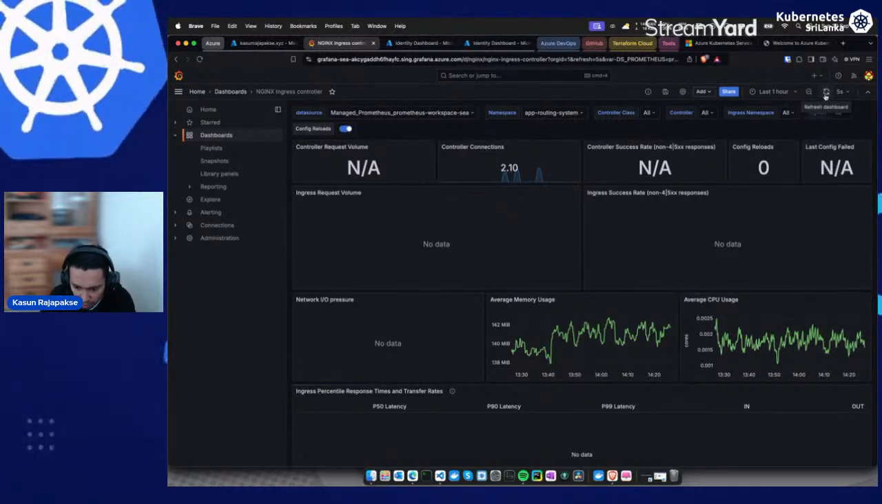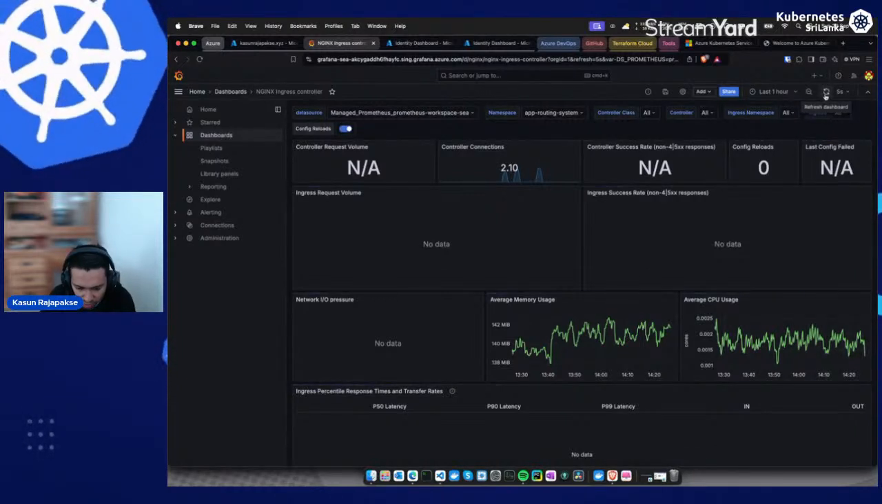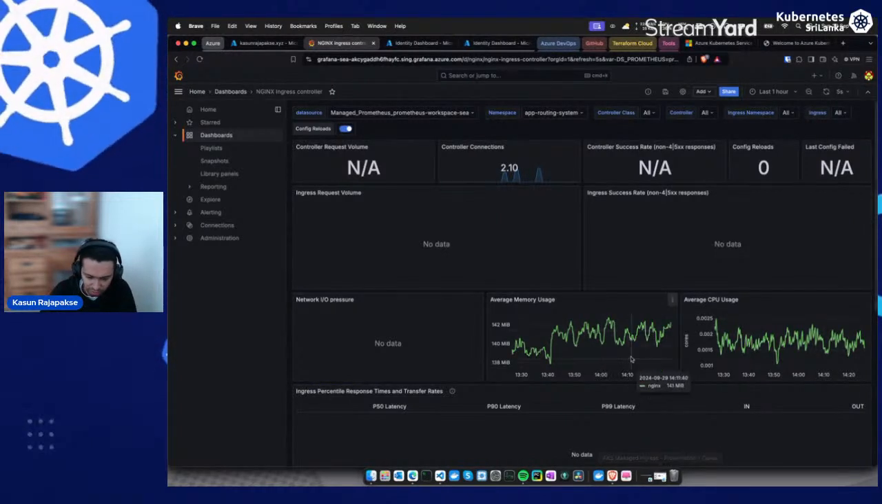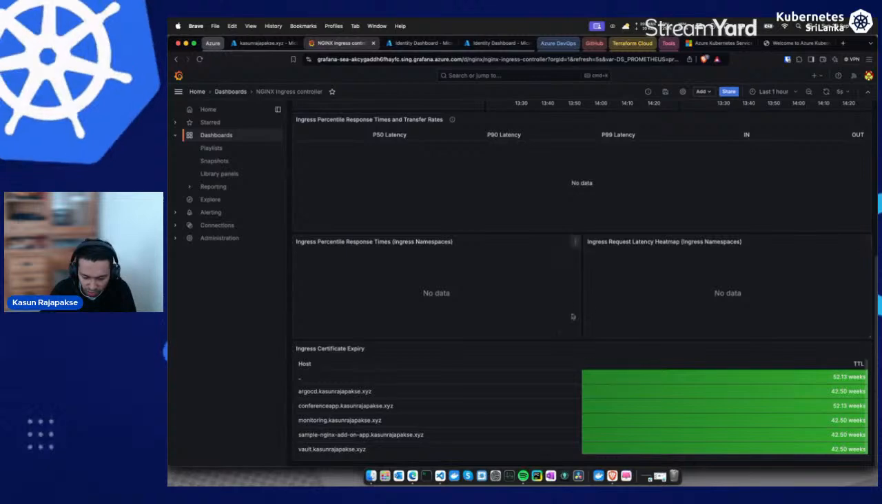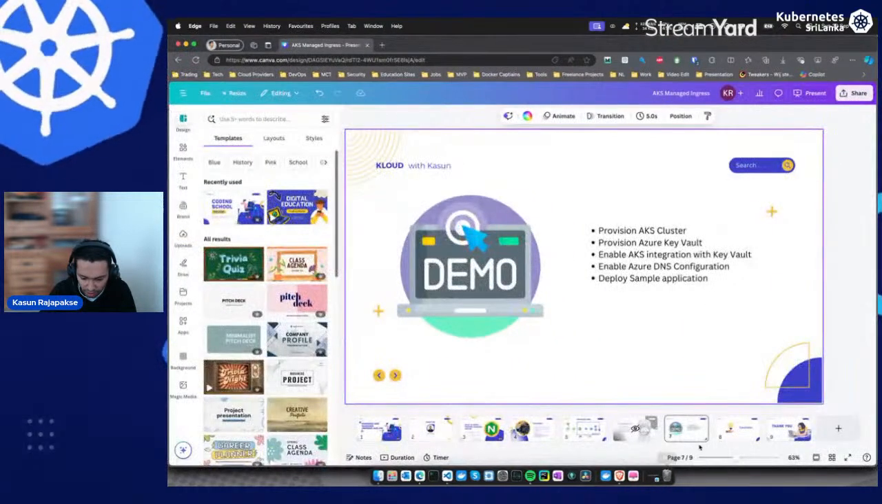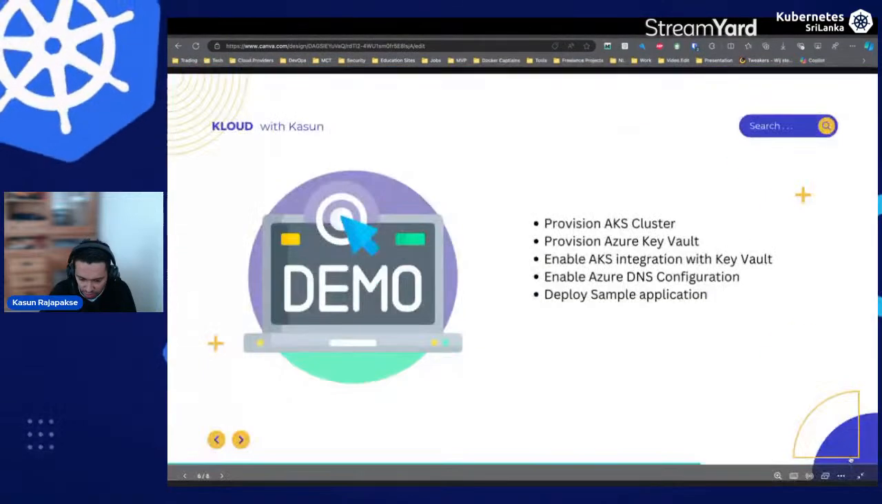Let's wait a few minutes and see whether we can see data. Right. Then we'll, but you got the concepts of how to monitor it. Okay. Then next we will see the